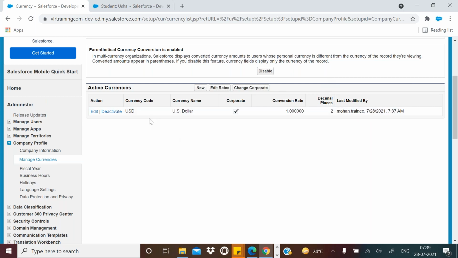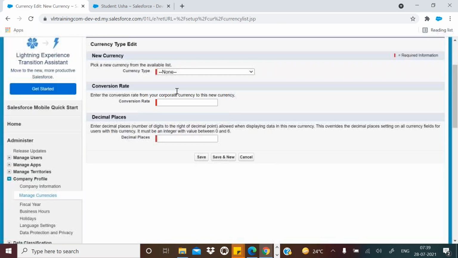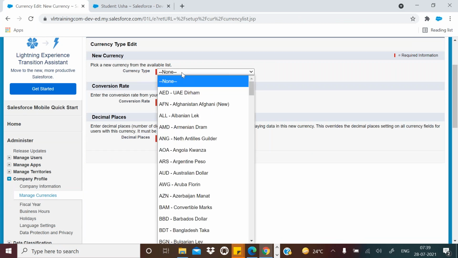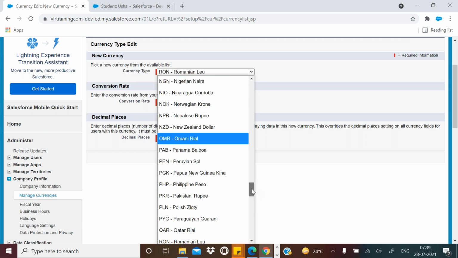Now I want to add different currencies also. What you need to do is click on the new button and you can add it. Currency type you can select now, the Indian currency, rupees, INR.